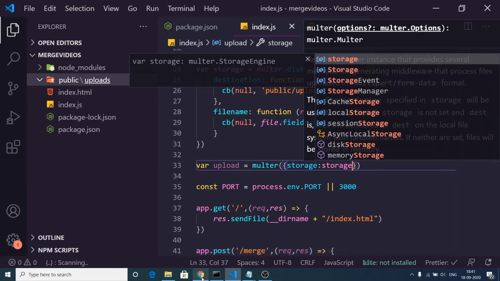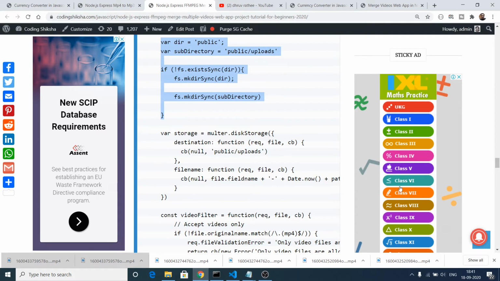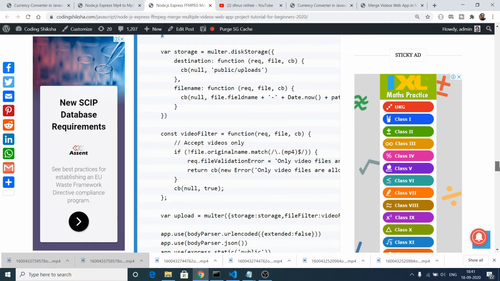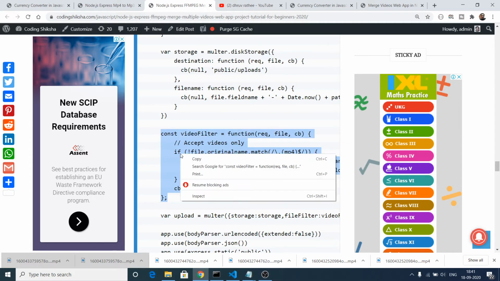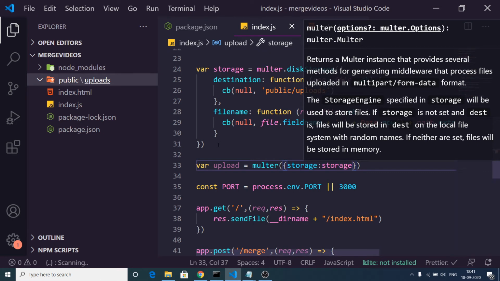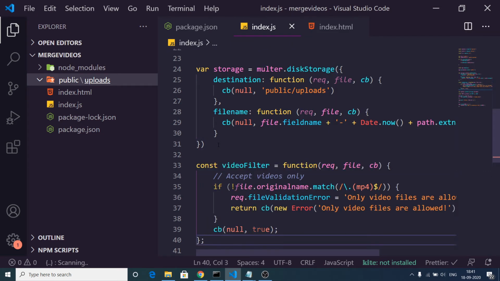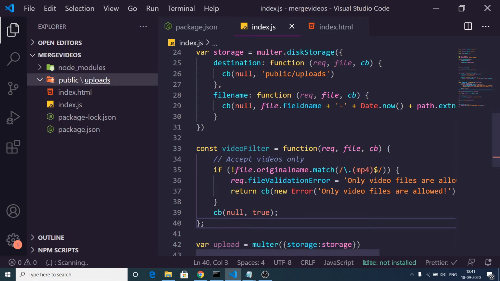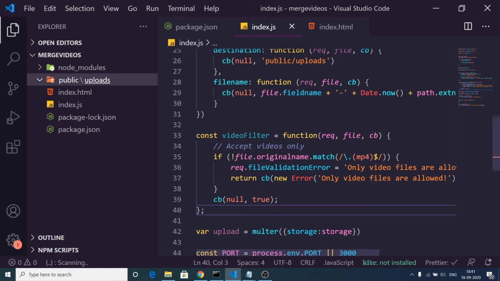And also we need to filter out any sort of image files that are uploaded. We only need to accept videos. For this we are making this function which is videoFilter. So just paste this code which we have given inside the blog. So basically inside this videoFilter function, it checks that the uploaded files are only videos which are of type MP4.